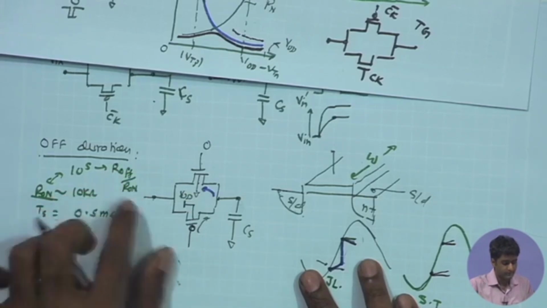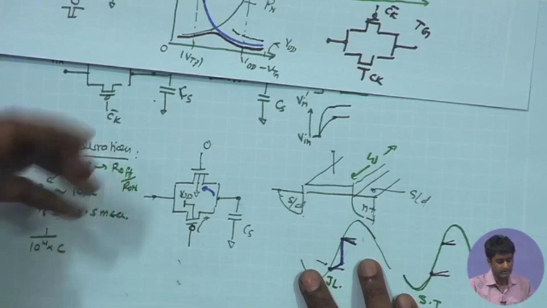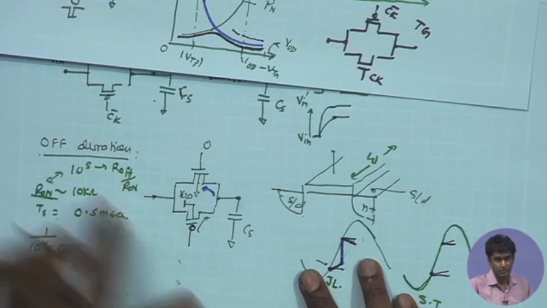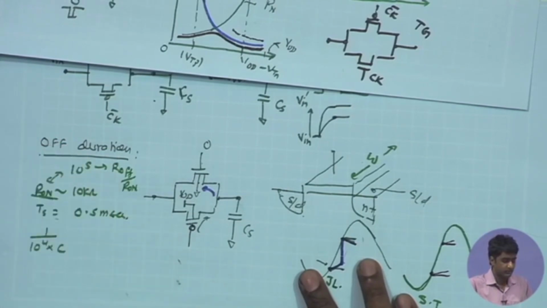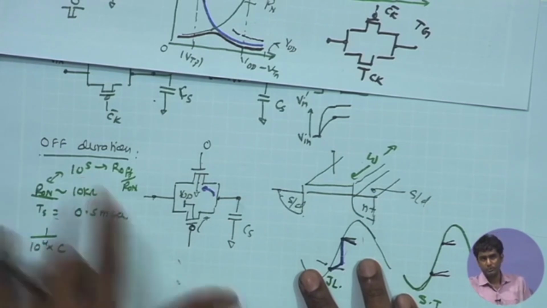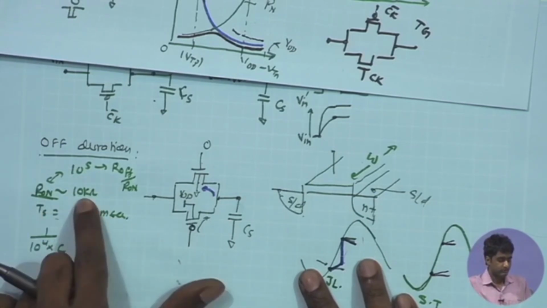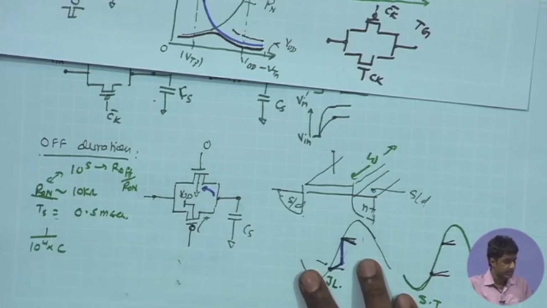So, for a given technology we have a given R off R on ratio, and that degrades as we go down the technology node. So, for 180 nanometer 10 to the power of 5 or even better can be feasible. For lower technology, 45 nanometer, it can go down all the way to 10 to the power of 4. So, if the R on is 10 to the power of 4, R off can be 10 to the power of 9,